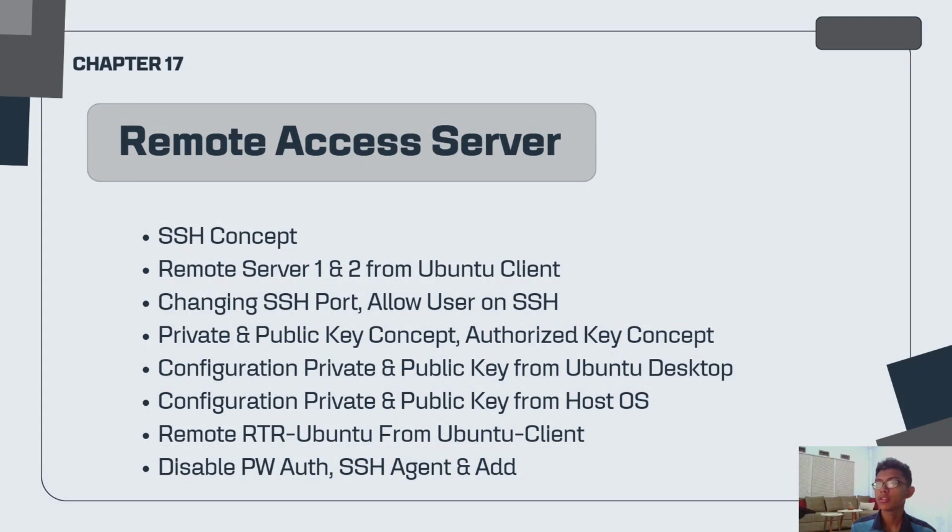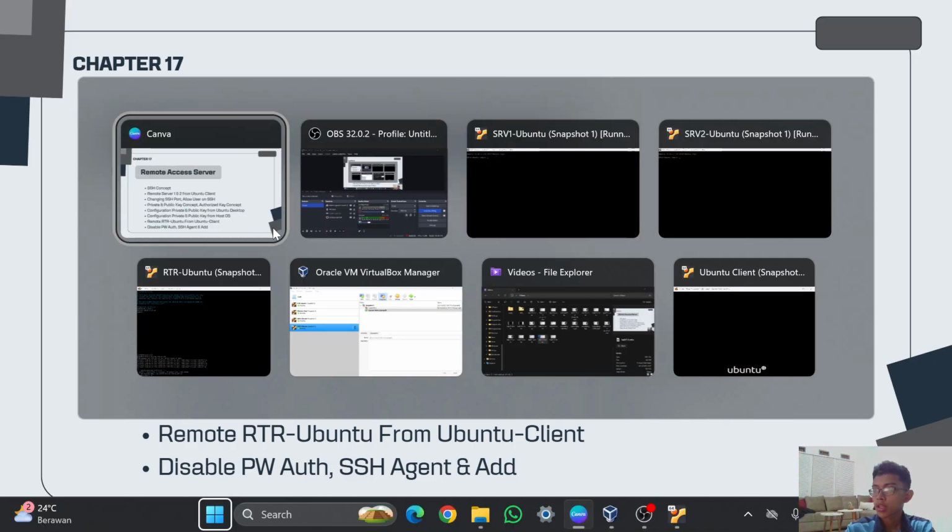And the next one is changing the SSH port. The default SSH port is port 22, and many people already know of that port. So when you have a server, it's not that safe if the port is still the default, which is 22. If someone wants to hack your server, it will be easier because the SSH port is still default. So you can change the port to anything you want. So how to change the SSH port?